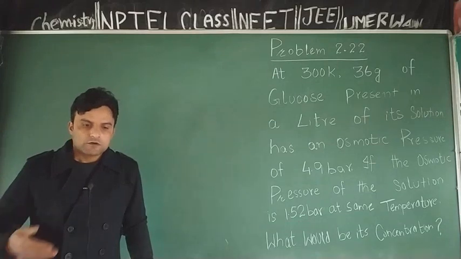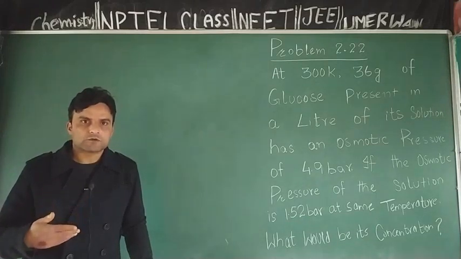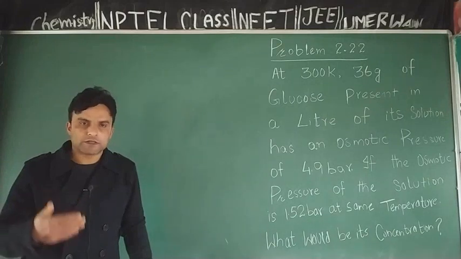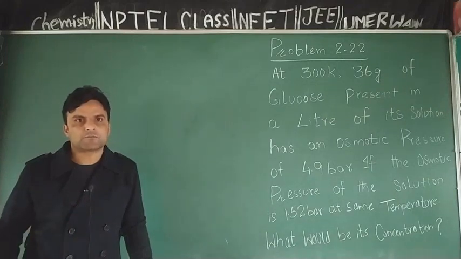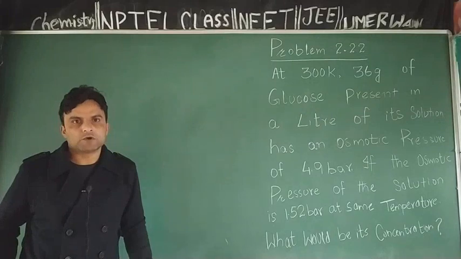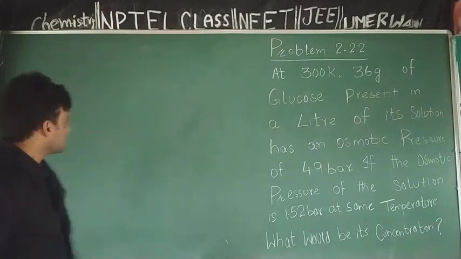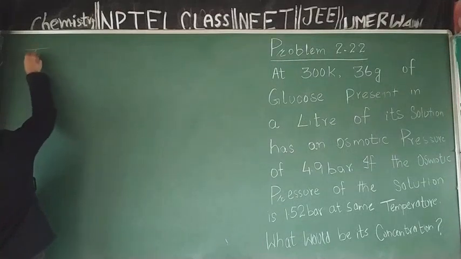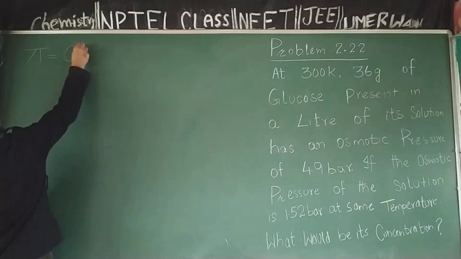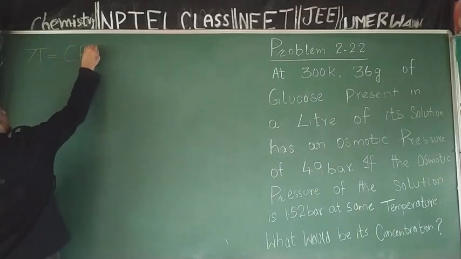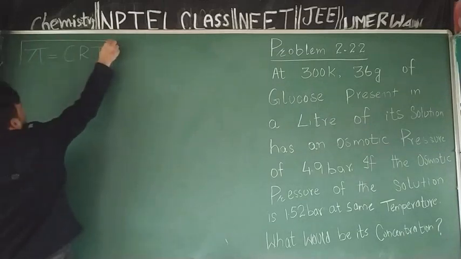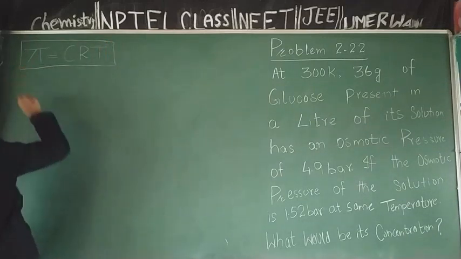And instead of mole fraction, we can express concentration of solute in terms of molarity, molar concentration. And exact equation is that osmotic pressure of solution, pi, is equal to CRT. This is the actual equation of osmotic pressure